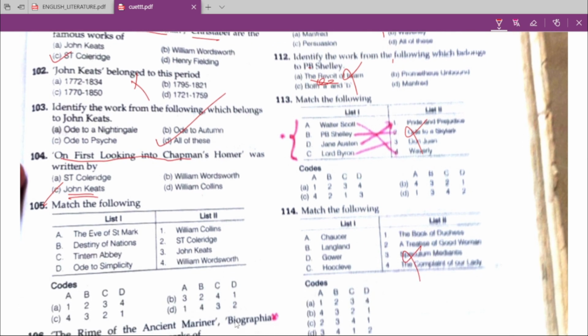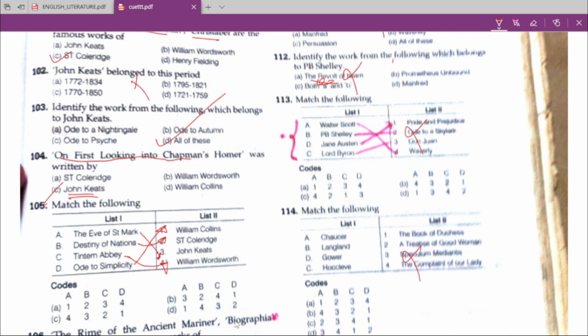The Eve of St. Mark, Destiny of Nations, Tintern Abbey, Ode to Simplicity. The Eve of St. Mark was written by John Keats. Destiny of Nations, I mentioned earlier, was written by S.T. Coleridge. And Tintern Abbey by William Wordsworth, whereas William Collins has written Ode to Simplicity, and he has also written Ode to Evening. Ode to Evening and Ode to Simplicity, these two works are written by William